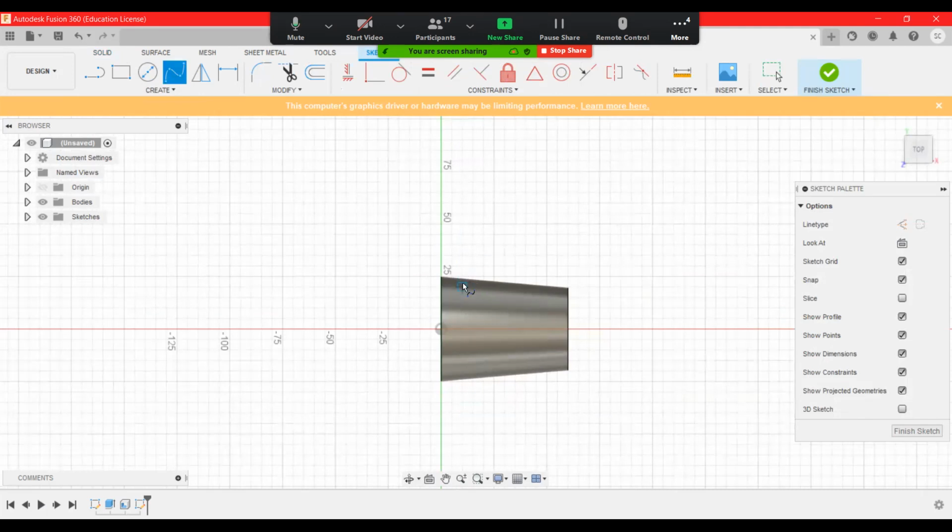It has to be a little inside. Press enter. Go for finish sketch.